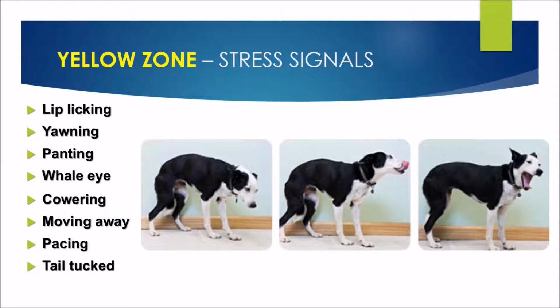With cowering and moving away, some dogs are really subtle in it. Some, it's really obvious. Let's say for moving away, some of them take themselves off into another room. They're like, I'm out of here. But some of them just shift their weight to their back end a little bit. They just move away that little bit. That's the first sign they're in that yellow zone. So if we see that, hopefully we can do something there, again, before they get up into that red zone.